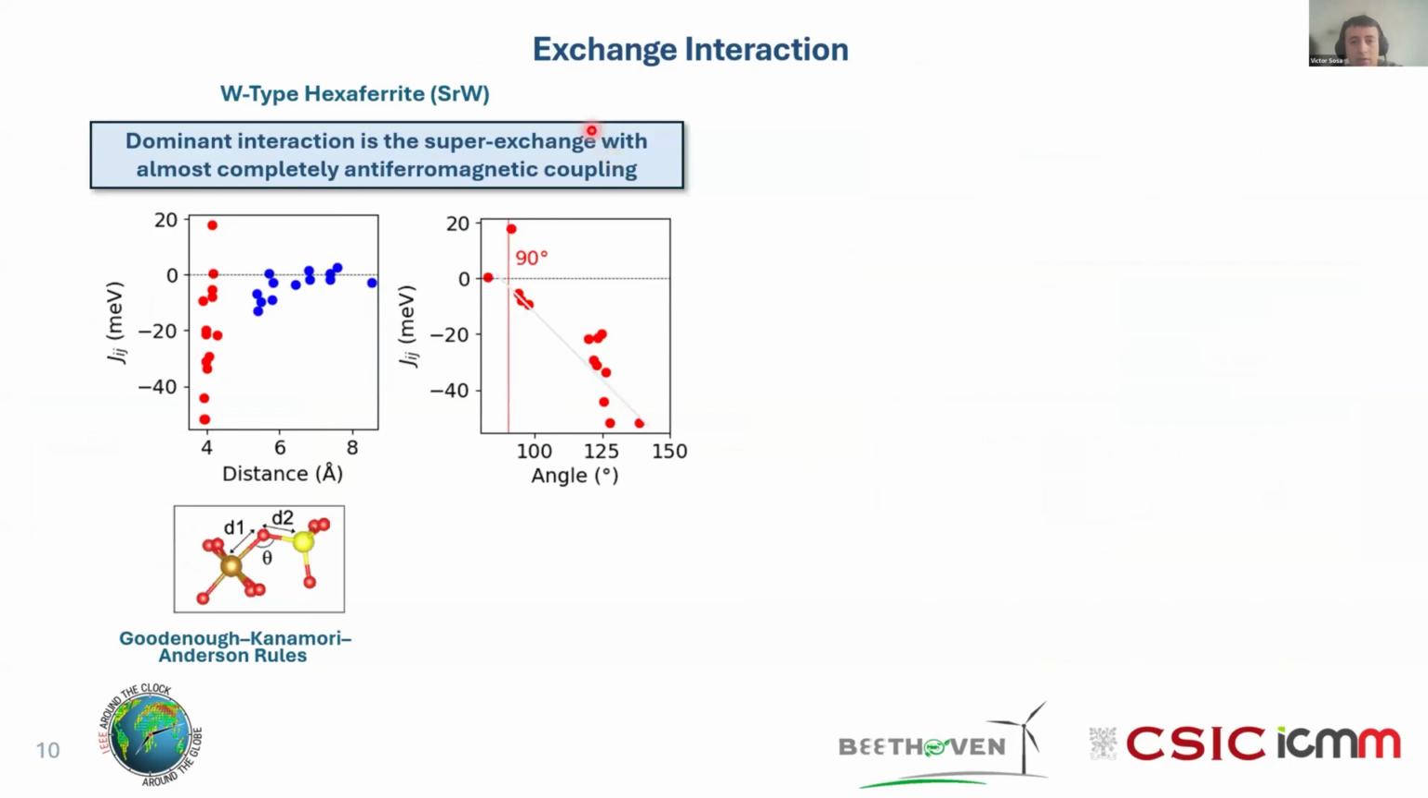Then we calculate the exchange interaction. In this figure, I have the exchange interaction for the different ions for the W-type hexaferrite as a function of the distance. The most important interactions are the closest ones. And if we represent this interaction with the oxygen angle, they follow nicely this rule over here. That means that these interactions are mediated by superexchange, and almost all the interactions are antiferromagnetic, with the